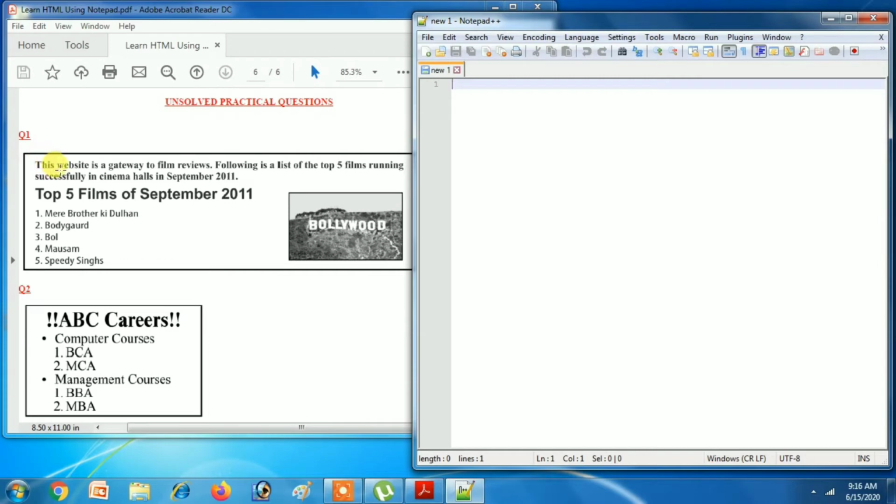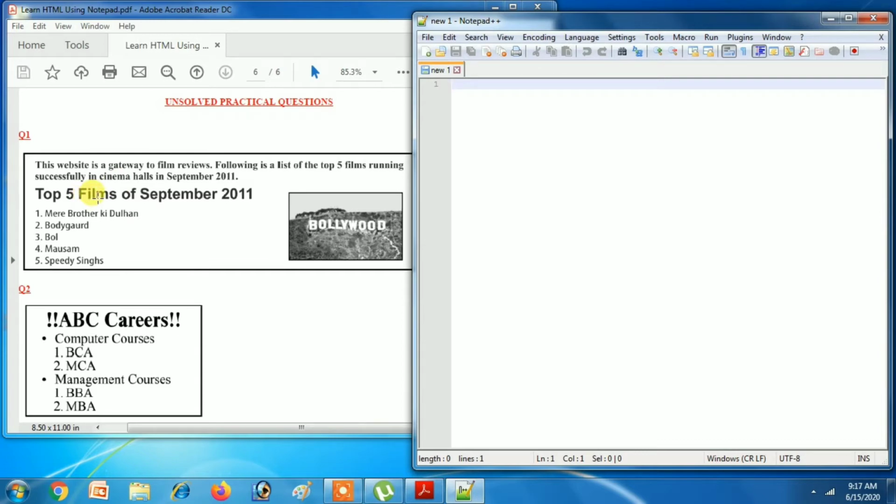Here you can see this is a paragraph, this is a heading, this is an ordered list, and this is an image on the right side. Got it? You have to find out first of all which tag we will use in different parts of the program. This is a paragraph, so we will use the p tag.